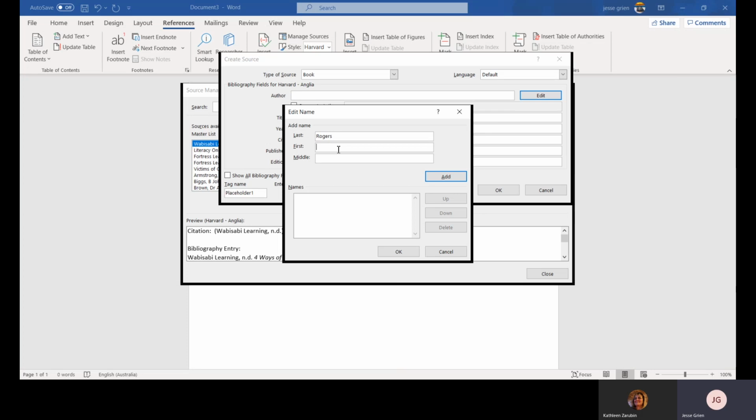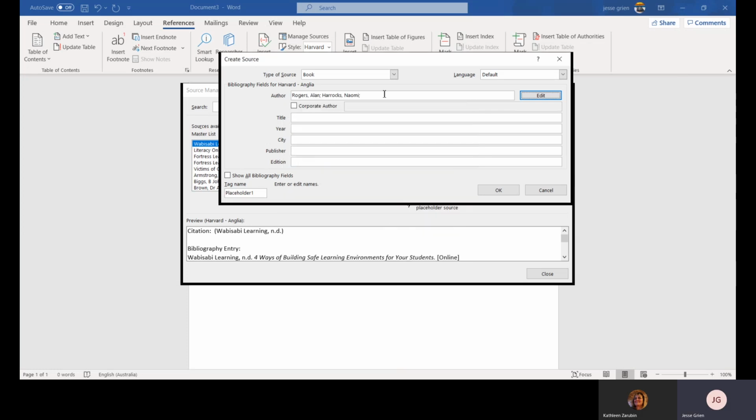We'll do Alan Rogers first, and add. You then bring in the second author, so Naomi Horrocks, and add. Then hit OK. Then you've got both of the authors there. It looks fine here. It's more in the way the reference pops up at the end that it looks neater doing it this way. Then you've got the title, Teaching Adults,